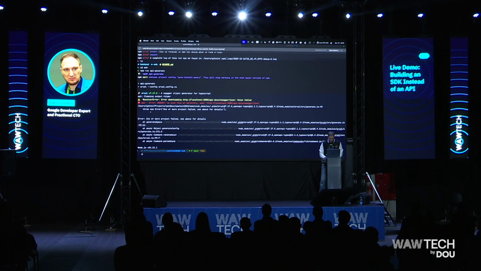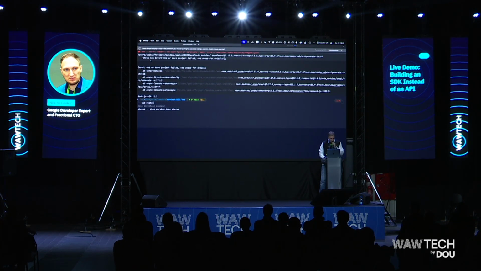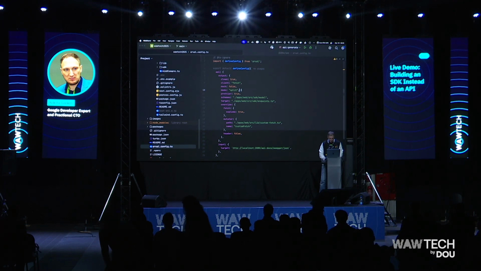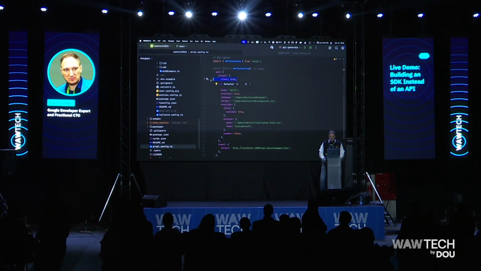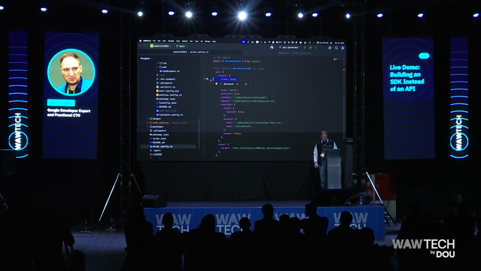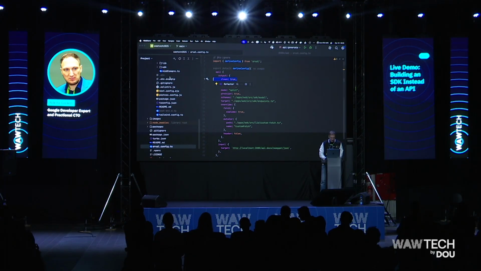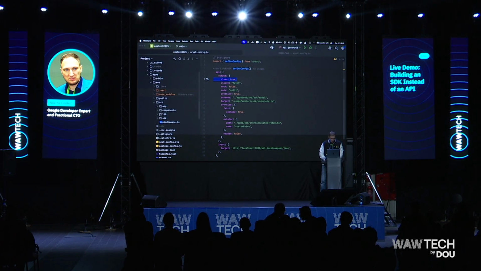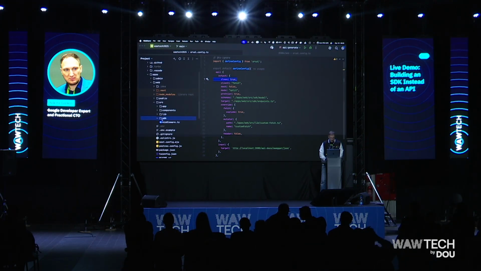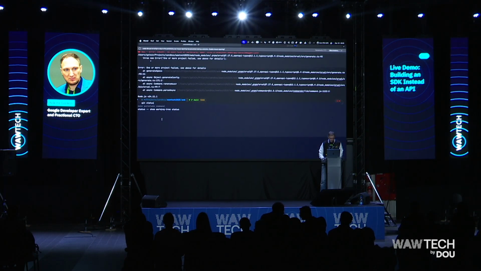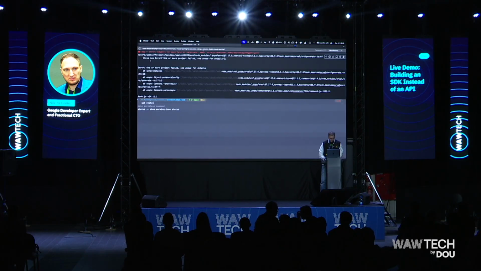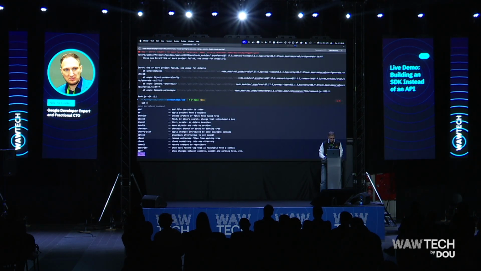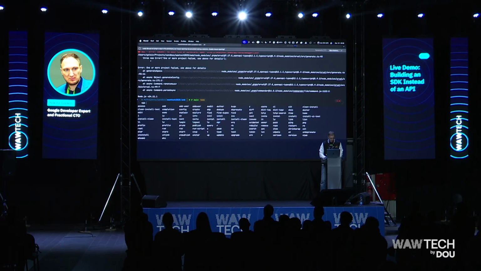Right now, because of this specific flag that cleans the folder, we don't have any file in our SDK. Let's generate them. So we jump in here and run our command one more time.